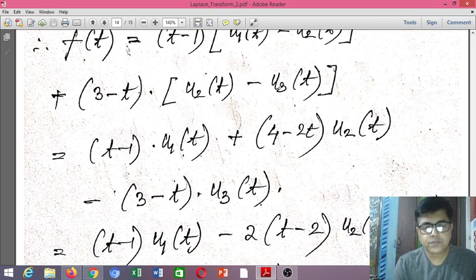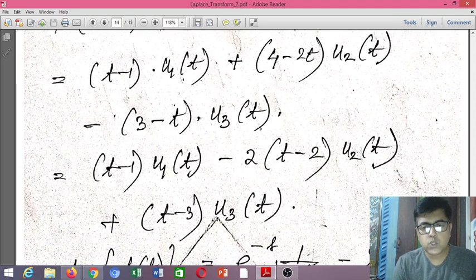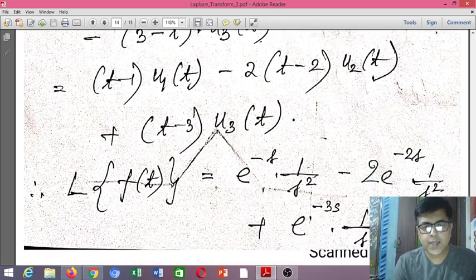And now we are getting t minus 1 into u1(t) minus 2 into, take 2 common, so we get t minus 2 into u2(t) plus t minus 3 into u3(t). That's what we get. Once we get this, now we take Laplace transform both sides. So L of f(t) becomes now